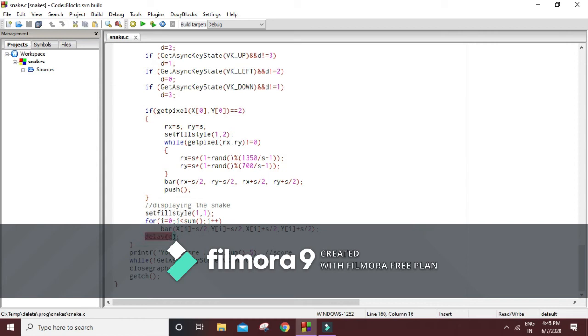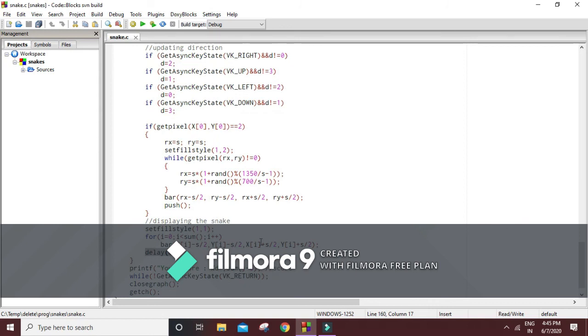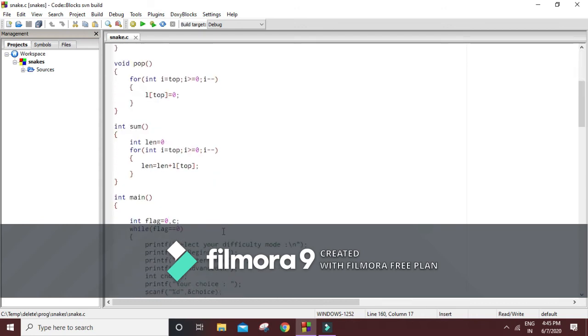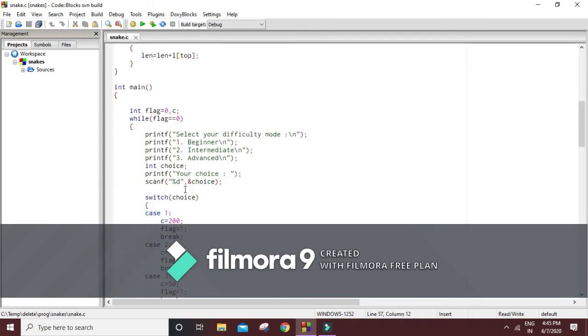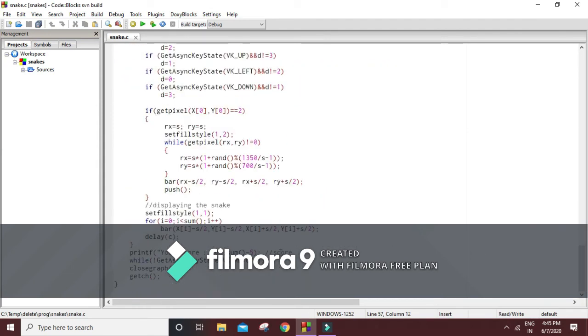This delay function will be the main one in setting the difficulty for our game. It has been given the variable C, and C, as we can see in the earlier part of the code, is decided by user choice. The delay function just delays the occurrence of the snake between 2 successive intervals. If it is smaller, the snake will move at a faster pace, and vice versa. After that, after the game is over, we print the score for the user and come out of the code.